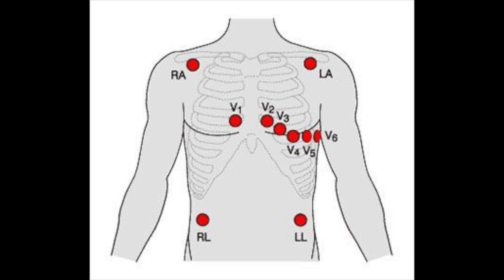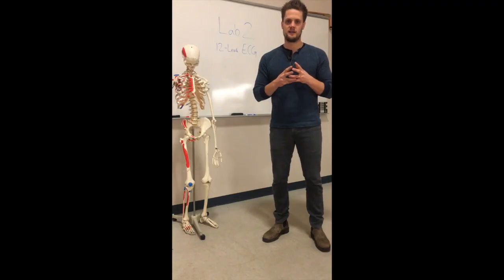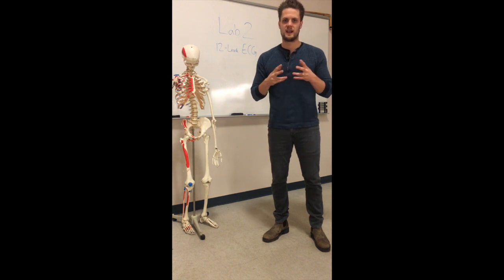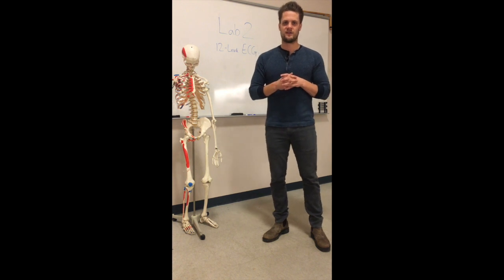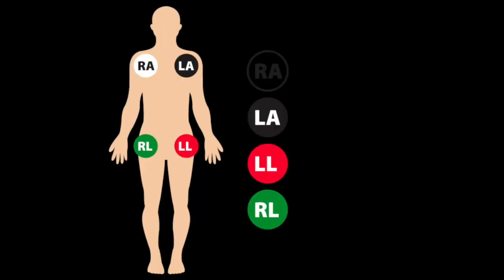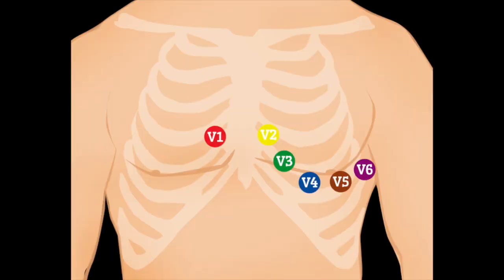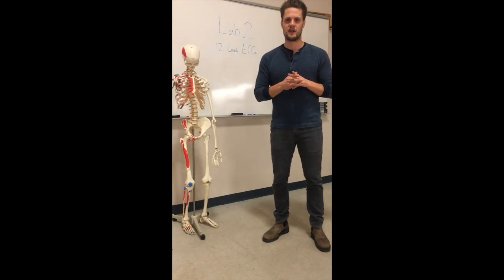And when you hear the word lead, you can think of view of the heart, okay? So with 10 electrodes, we can get 12 different views of the heart. Now the 10 electrodes are broken down into two categories, 4 limb electrodes and 6 chest electrodes. And the placement of these electrodes is important, and we're going to go through exactly where to place these electrodes,